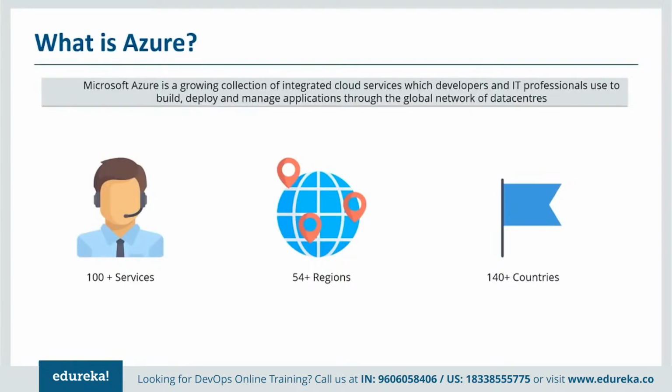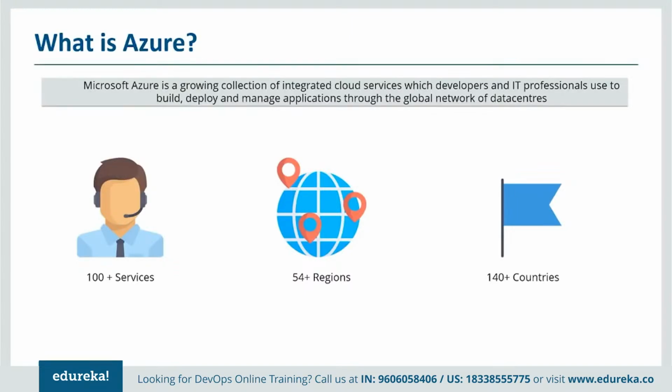A region means that it can be one particular country, or a particular area in which a data center has been created. That is something at a very high level that's called a region. So this means overall the Azure platform is available in lots of areas. It is available in US, in multiple regions, or in fact in multiple areas of US. It is available in India, it's available in UK, Australia, and a lot of different countries. So we have got approximately 54 regions, or in fact, a few more than that. And very recently, a region has also been established in Africa. So you can imagine the scale at which the cloud computing infrastructure is being built. And the only thing that you need to do is go and consume.